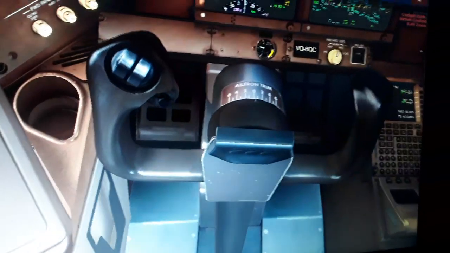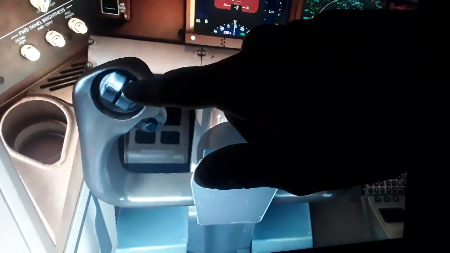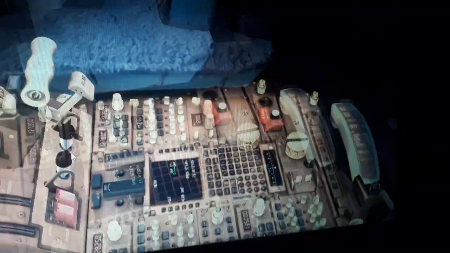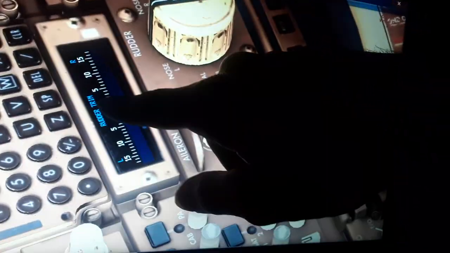This is the horizontal trim stabilizer of the aircraft. You can pitch the aircraft nose up or pitch down like this. We have the aileron trim. So you can see the pitch trim and the rudder trim, and the aileron trim is here, the rudder and the ailerons. You can see the rudder position here. We have the pitch trim of the horizontal tail over here, so you can see nose up and nose down. You can see how many degrees you have it, and you can set it in the green band for takeoff, or